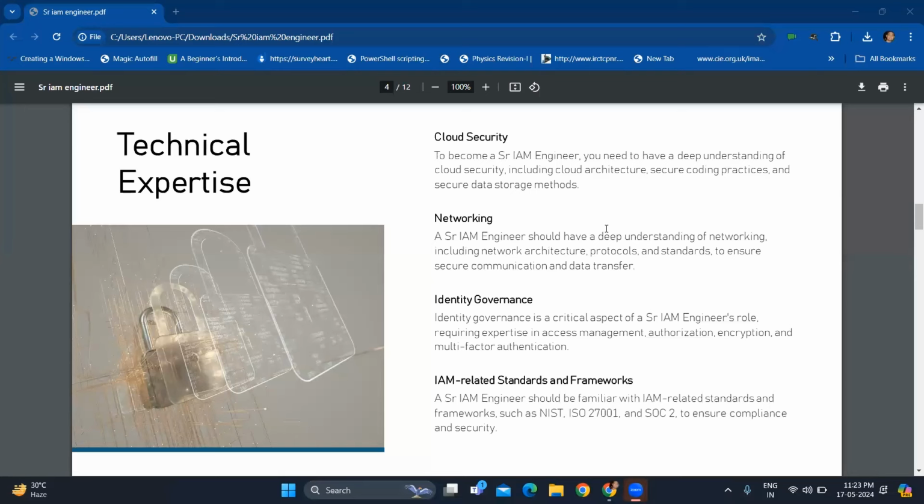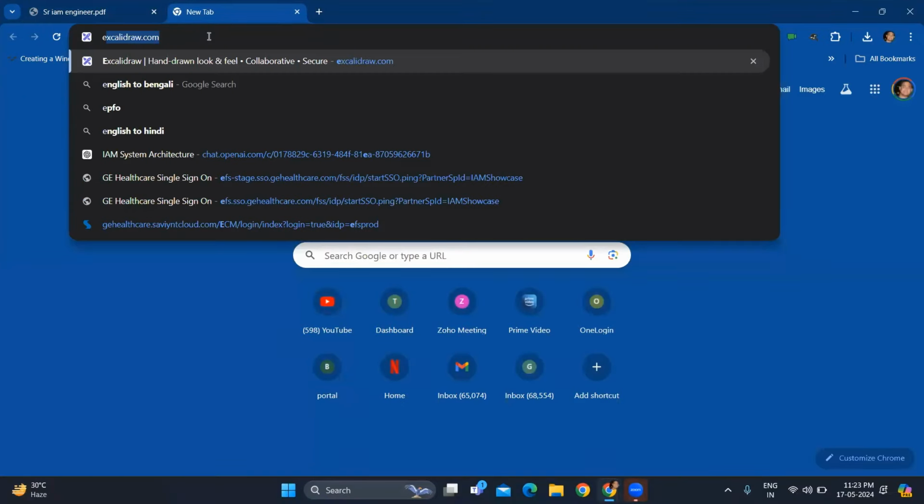Fine. Moving on, technical expertise. When you want to build any system, one of the things that you would need. I think I had a drawing. Let me see if that drawing is there or not.